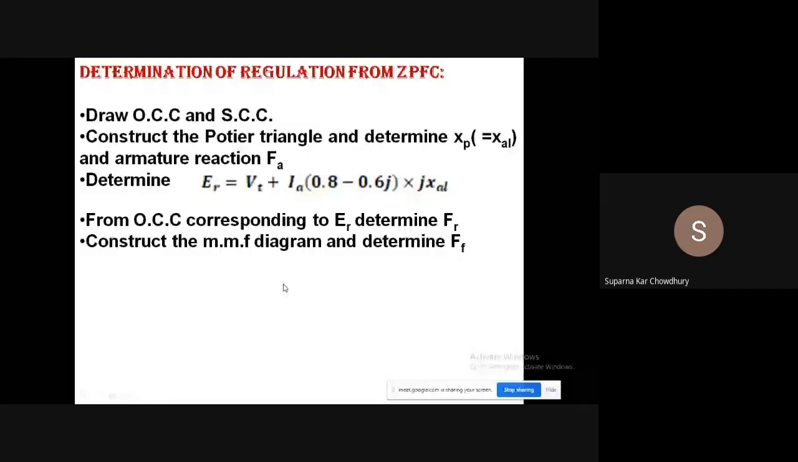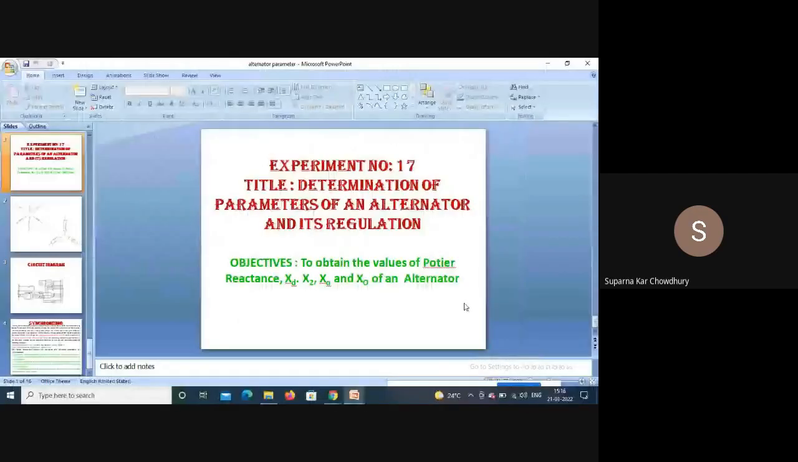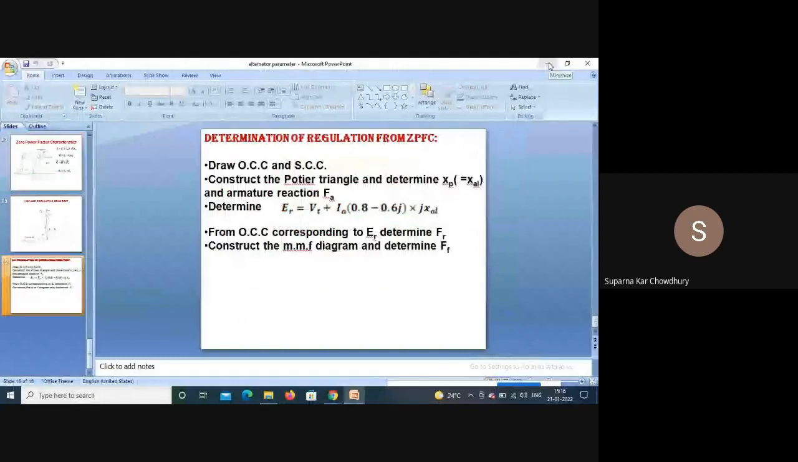So these are the steps for determining regulation from ZPFC. Draw OCC and SCC, construct the Potier triangle and determine XAL, armature reaction FA, determine ER, from OCC determine FR, construct the MMF diagram and determine FF, from FF determine EF and determine the regulation. Now this is the basic theory. I will just show a few